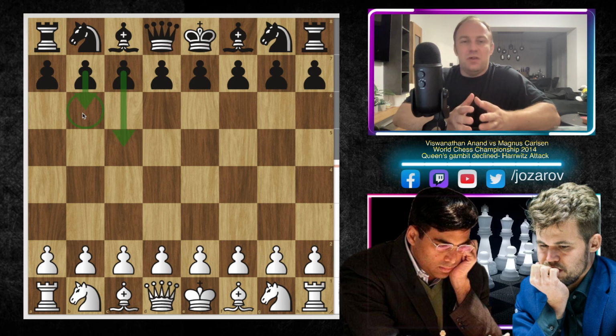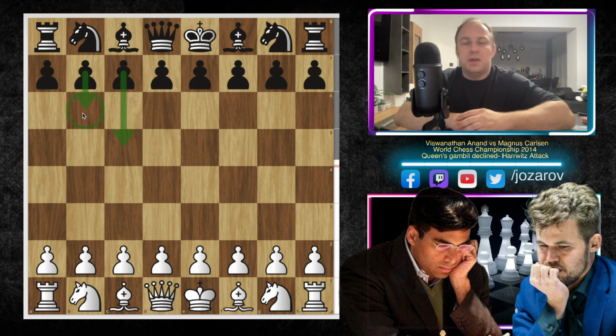In this game, you witness really a brutal attack played by Vishy Anand against Magnus Carlsen. Here, Vishy will destroy Magnus Carlsen's defense in the Harrwitz Attack. Although we know that Magnus Carlsen won the World Championship match in 2014, still this was, I think, a worthy game to analyze, because in this game basically Magnus Carlsen was really helpless. Vishy Anand pulled off a perfect Harrwitz Attack.